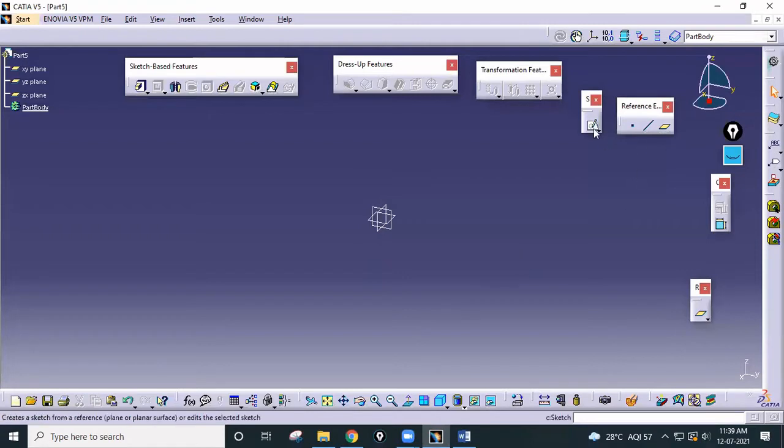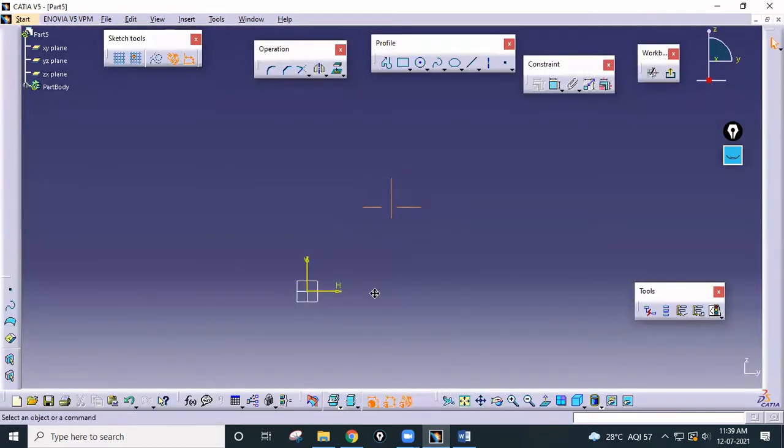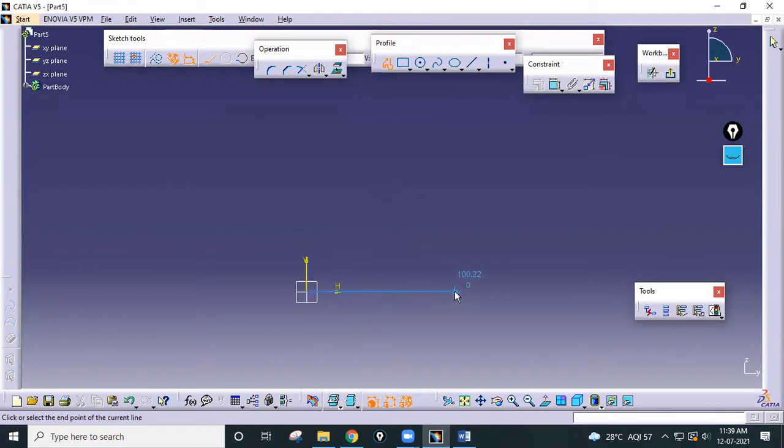So just go to sketch, select this plane, and now you can pocket. Sorry, you have to draw this and then you have to pad it, then pocket. First shape is this L shape.